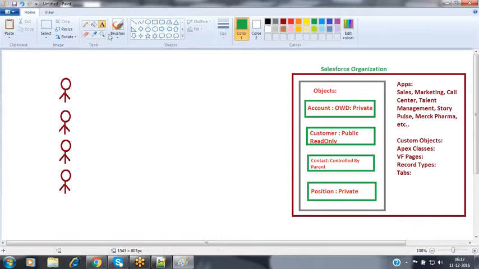These users are a development user, a testing user, a manager user, and a customer user.